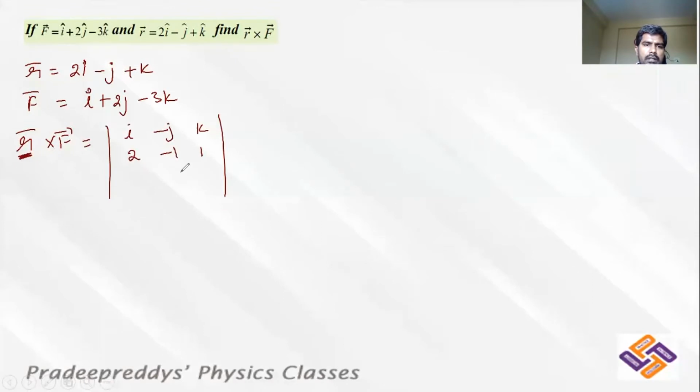So it is 1, and this is 2, and minus 3. Now, in order to find the cross product of these vectors, you will just write it as i. When you are taking i, you leave the remaining portion and multiply them. It is minus 1 into minus 3 minus 2 into 1, minus j into.